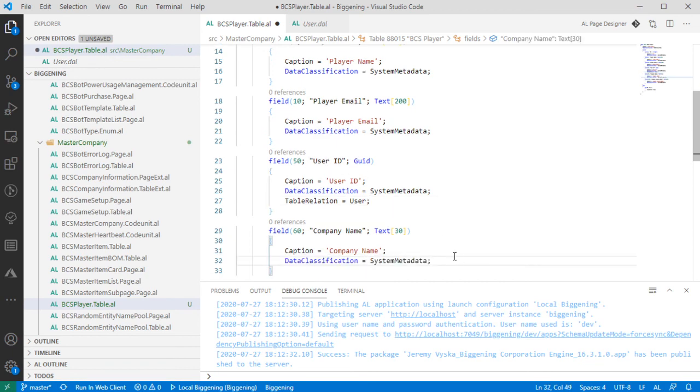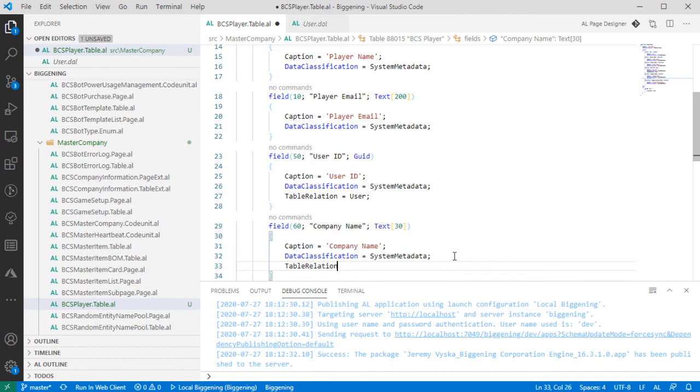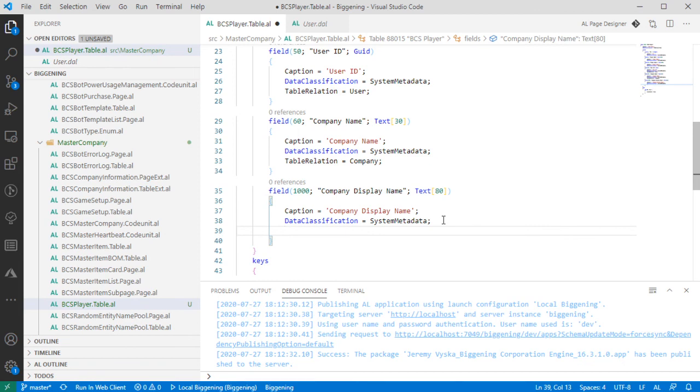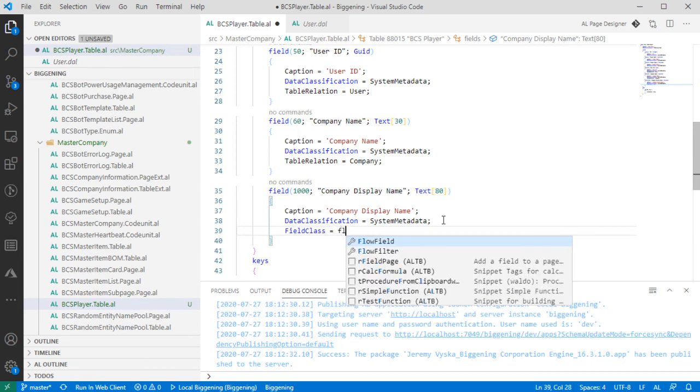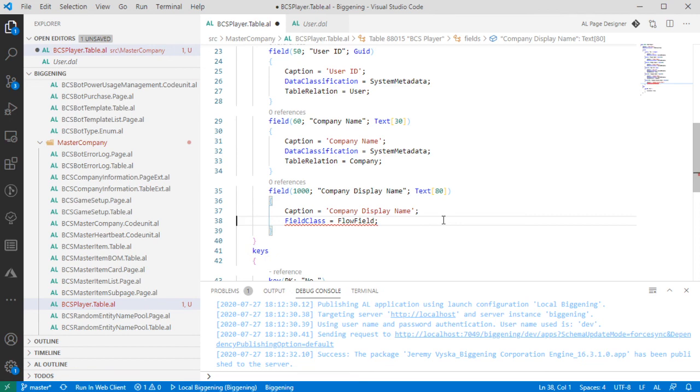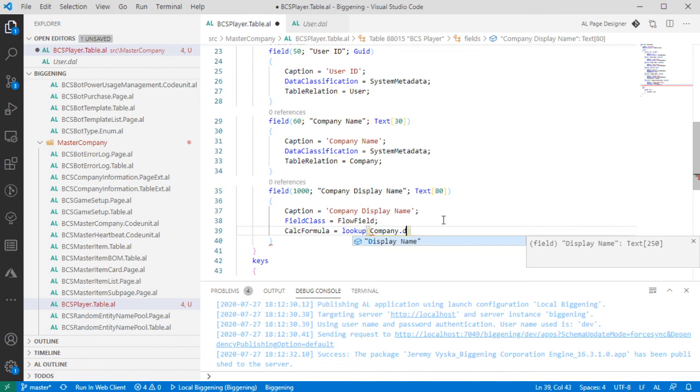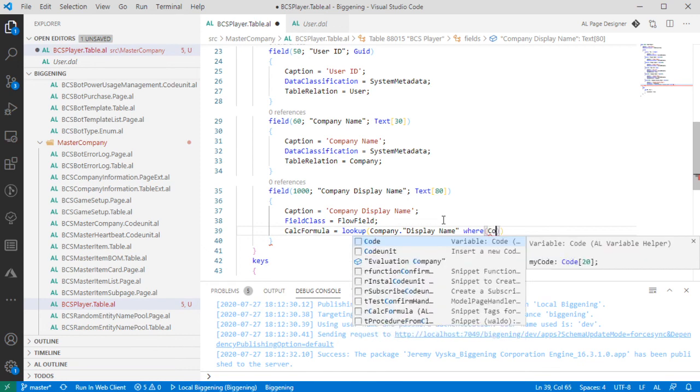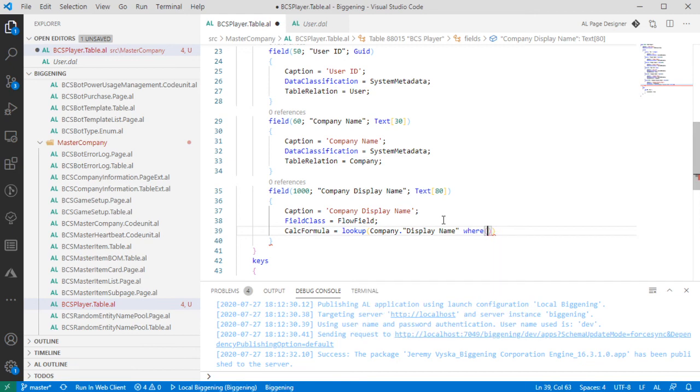So a little bit interesting, but we can go ahead and say that that is directly related to the user ID. And we can also do a table relation here to the company. Great. And we will change this to a field class of a flow field, which means we don't need a data classification, but we do need a calc formula. And this will be the lookup where company display name, which I'm starting to get used to typing these finally, where I believe just name equals,